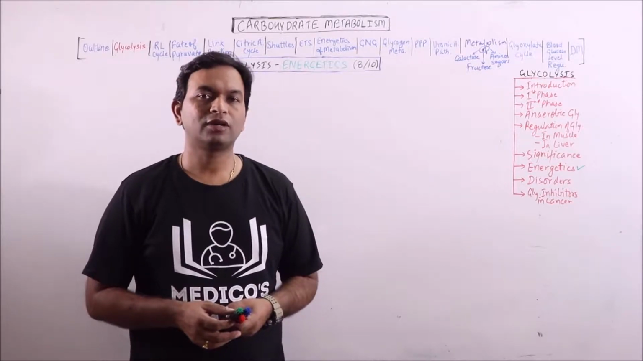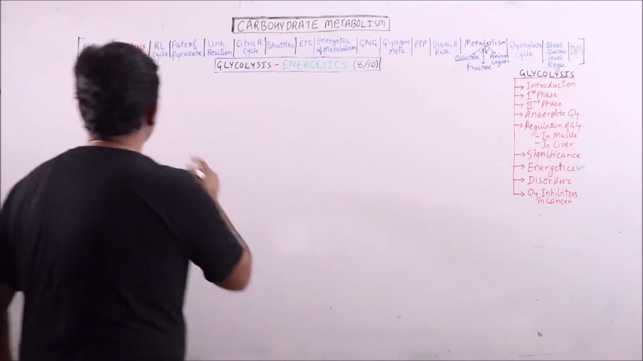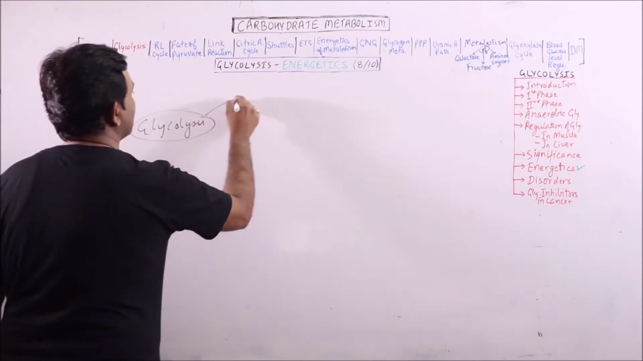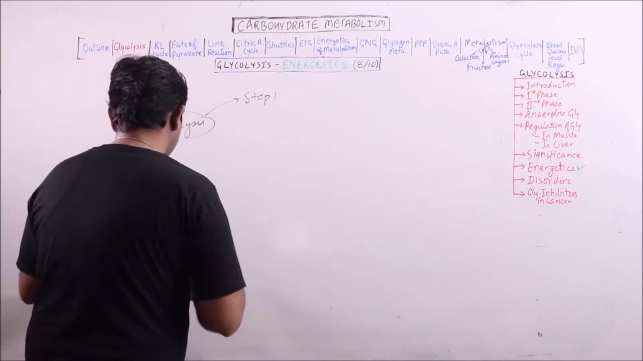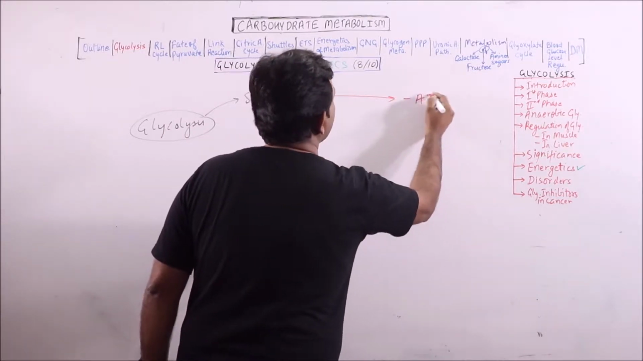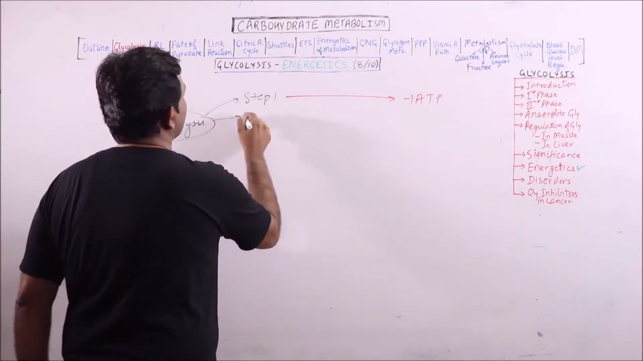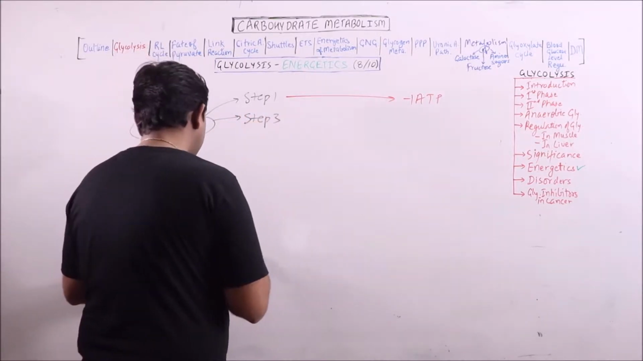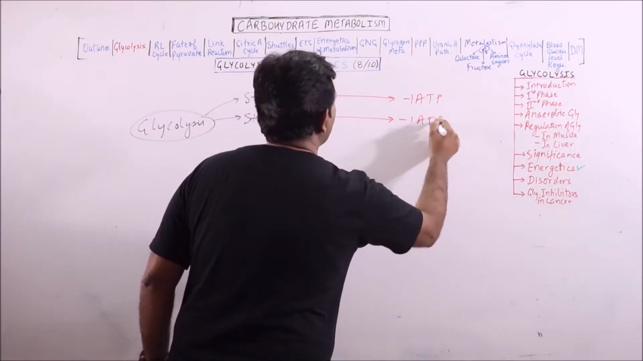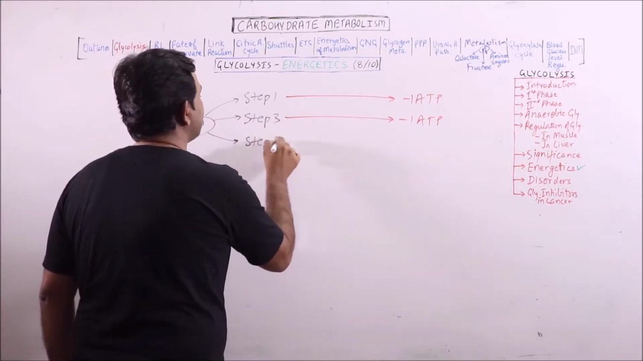This is my 8th lecture on glycolysis and I am going to discuss the energetics of glycolysis. In glycolysis, in step 1 ATP was utilized. In the same way, in step 3, another ATP was utilized. In step 6,